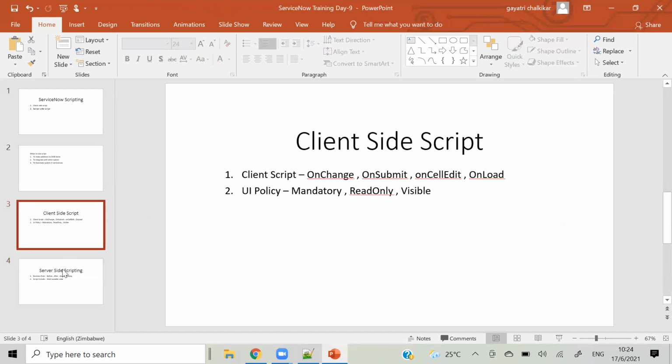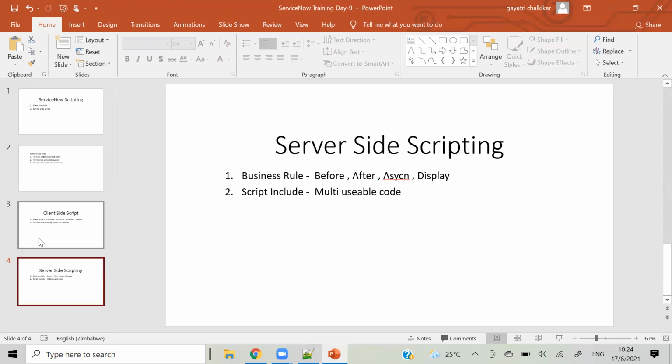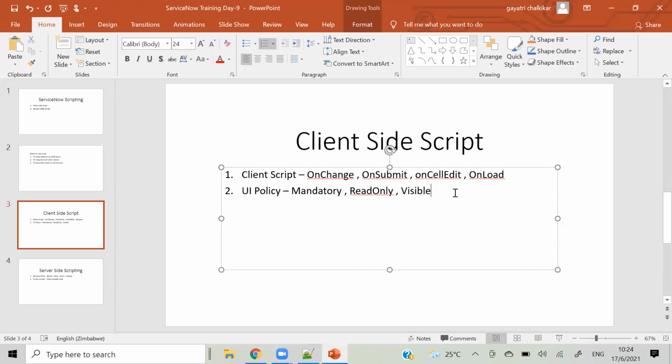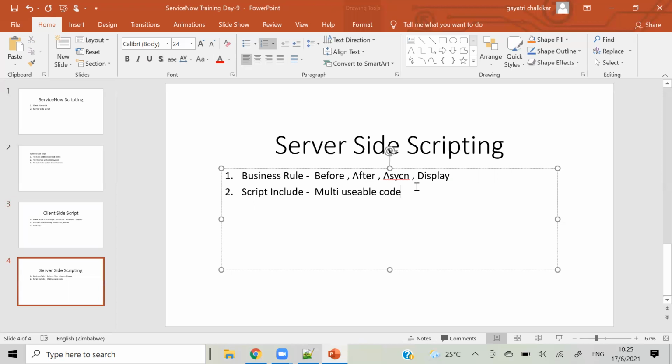And other than these four, we will see one more option, that is UI action. UI action I have not mentioned in client side script and server side script, because that comes under both. It will be client side script and it will be server side script. So I will write that in both for your knowledge. UI action. And here also I will write that as UI action, because we will have a checkbox on the form. If we click on that, it will become client side. If we don't click, it will be server side. So that is the difference.